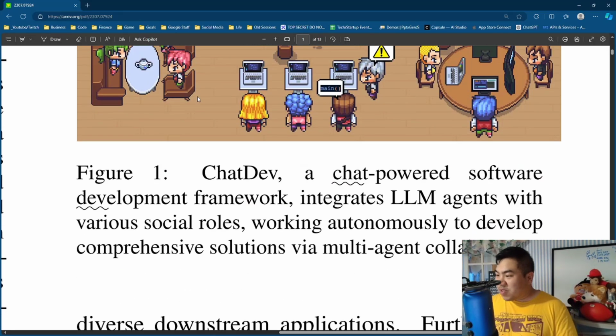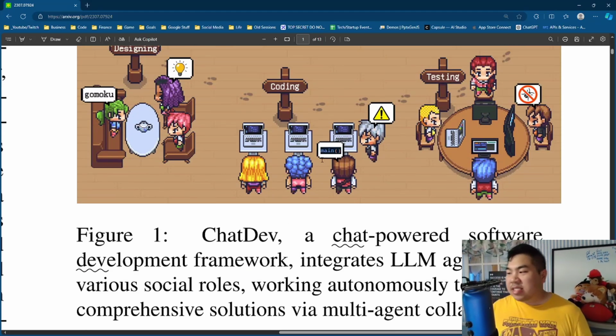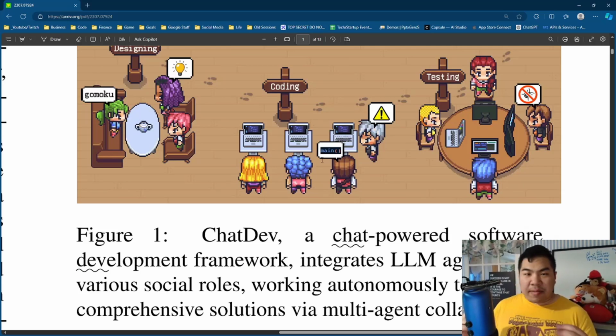So I don't know if this will work, but part of it is the fact that you have multiple models working with each other. Sometimes you can trick a model into getting the right answer because you say, this is wrong, you gave a wrong answer. And it's like, oh, yeah, absolutely, I was wrong, my mistake, here's the right answer. Sometimes you have to play that little game. Well, if you have a series of LLMs and maybe you have one designated contrarian and devil's advocate, and then try to come up with some form of consensus-based answer by having multiple agents who are, I think the computer science term is